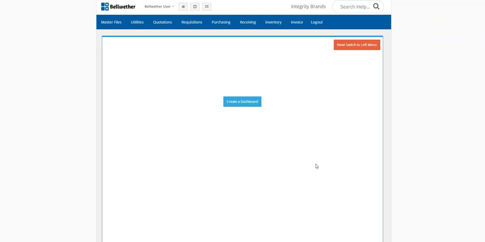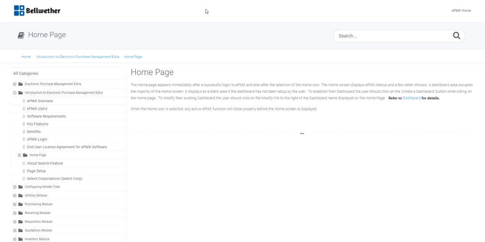This is a brief tutorial on how to use the Help menu in ePMX. Notice up here next to the House page, this circle, if I click on it, it gives me several menu options. If I click on Help Docs at the top, it will open up a new tab and take me